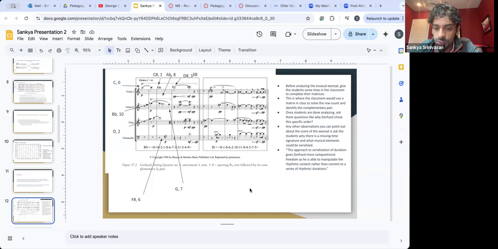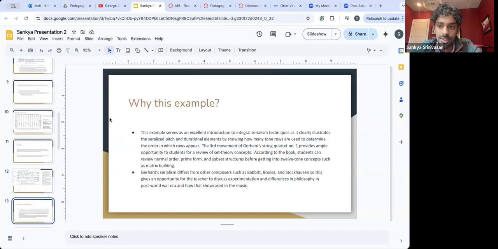According to the book, this approach to serialism of duration gives Gerhard more compositional freedom, as he's able to manipulate the rhythmic content rather than commit to a series of rhythmic durations. So why this example? Well, this example serves as an excellent introduction to integral serialism techniques, as it clearly illustrates the serialized pitch and durational elements by showing how many tone rows are used to determine the order in which